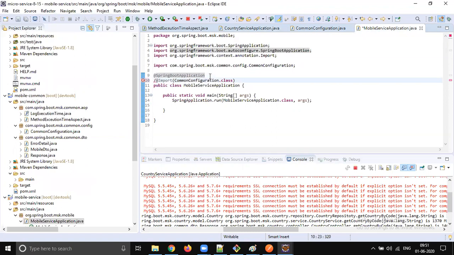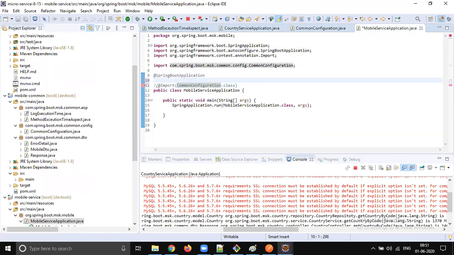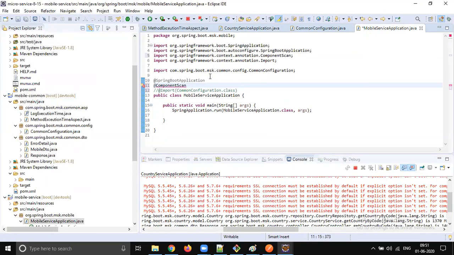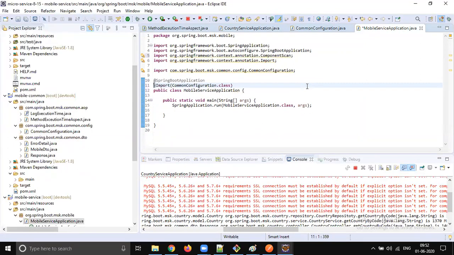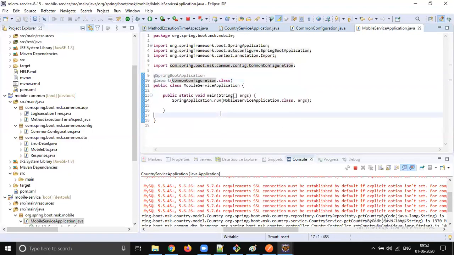So what she is asking, we can override component scan. Yes, you can do, right? So component scan, and here you can give base packages, right? Base packages, but once you started touching this, you need to give so many packages. You need to give current package, and you need to give that common package. So these are all string related, right? A simple typo mistake also will give the issue. Okay, so that's the reason why that is one possible way, but this is much more readable than that. Okay, got it.